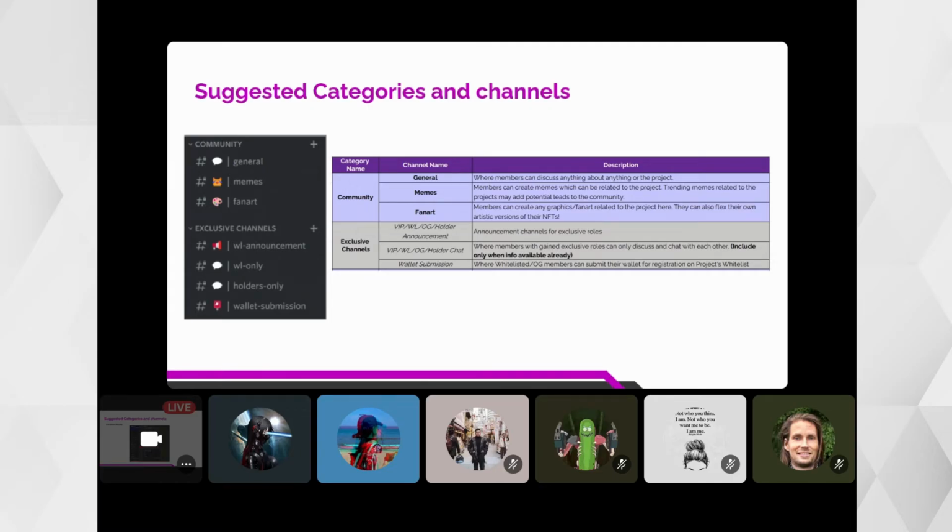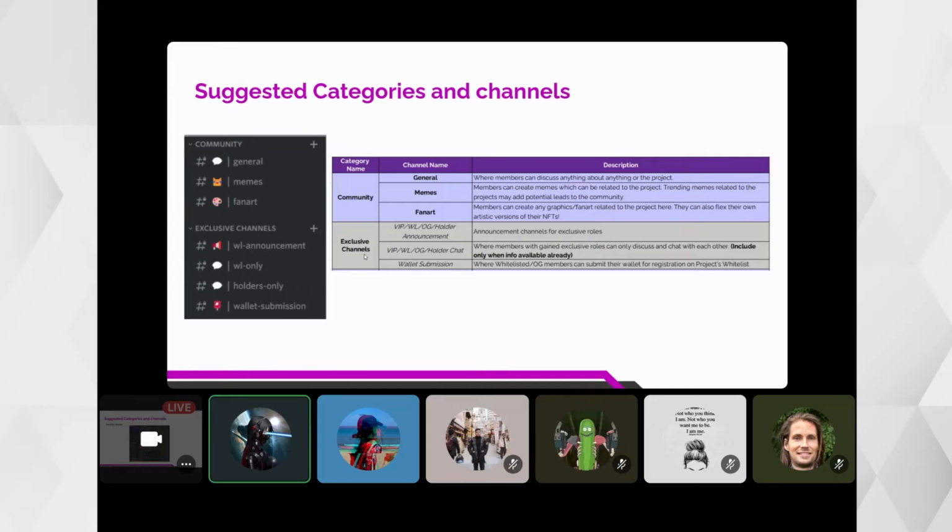Okay, so the next one, these are the main community channels wherein people usually talk. Number one, the first category is the community. This is the public channels for general chat, memes chat, fan art. And then the exclusive channels are channels exclusive to those with whitelist roles, OG roles.